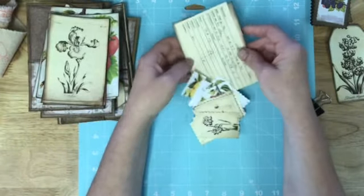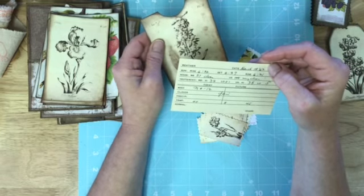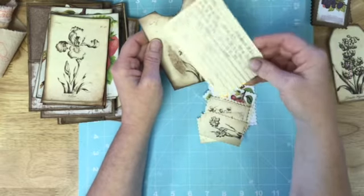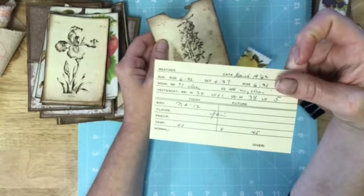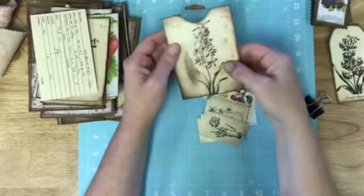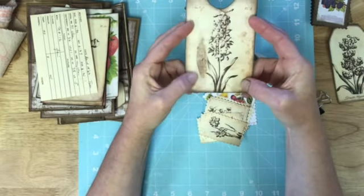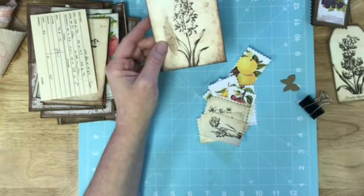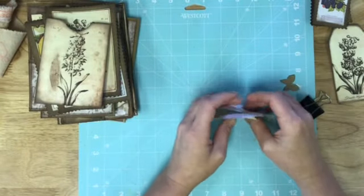So, and then there's just, oh, this must be, I'm not sure which kit this is out of now. Oh, nope, you know what? This one came from, not Happy Mail, in an order from Shell Radcliffe. And it's like a weather card. So I thought that would go cute. That's why when I was organizing, I saw it and wanted to use it. And then one of the sketch pockets there. Yeah, and then here's some little bits and pieces I had left over that I didn't make